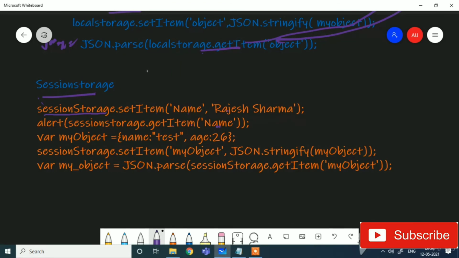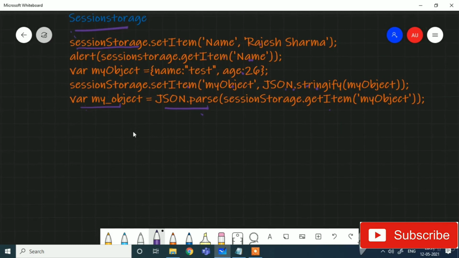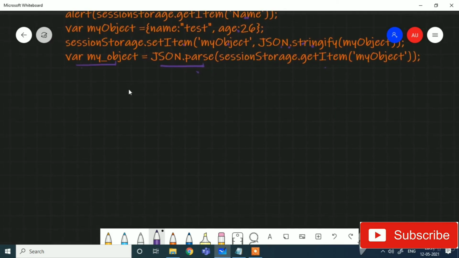In the same way, if I want to save this object, I can use sessionStorage.setItem object, converting this object with stringify, and if I want to get it back, I can get it and then parse it into the object, and save it. So this is the way we can store and get all information about session.